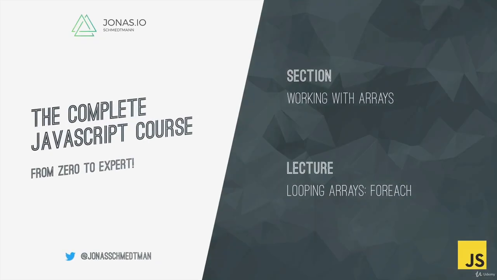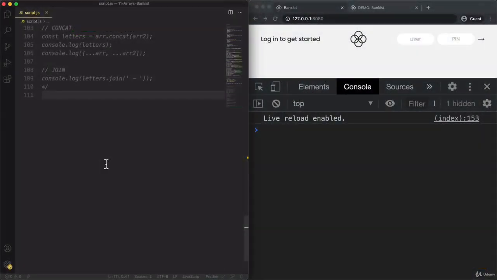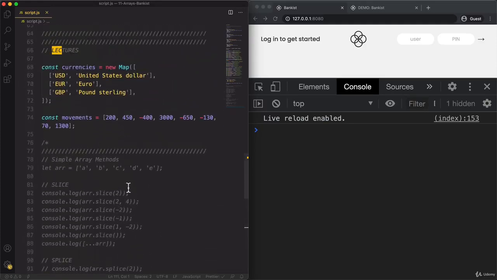In this lecture, we will loop over an array using the forEach method. Now, we had already learned how to loop over an array using the for-of loop, but the forEach method is really fundamentally different. And from now on, we will start working with our bank account data, but still in a very simplified way. So let me get this data here into the present lecture so that we can see what